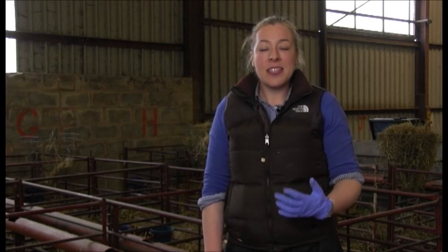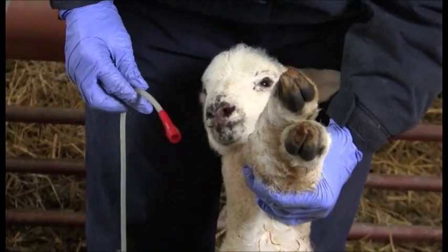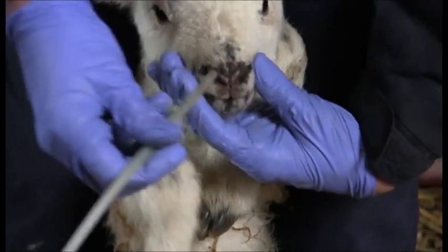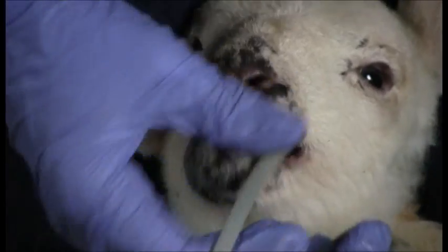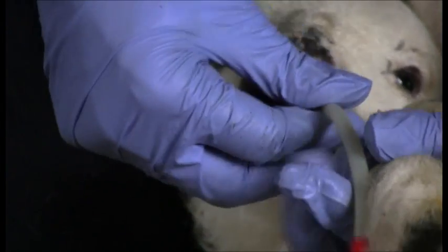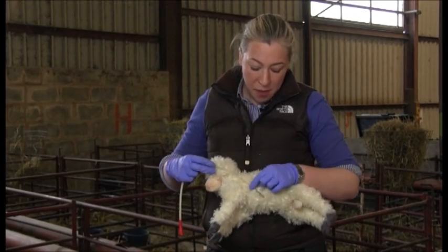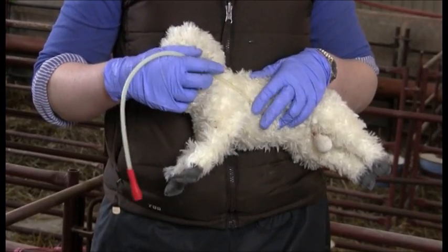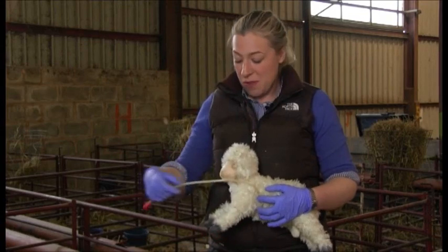So just a quick refresher on stomach tubing. Stomach tube the lamb in as relaxed and natural a position as possible. Try to avoid stretching the neck out too far, as this can encourage the tube to go down the windpipe, which is obviously what we don't want. A useful tip, particularly for smaller lambs, is to measure from behind the elbow to the tip of the nose the length of stomach tube that you need to insert, just as a rough guide,